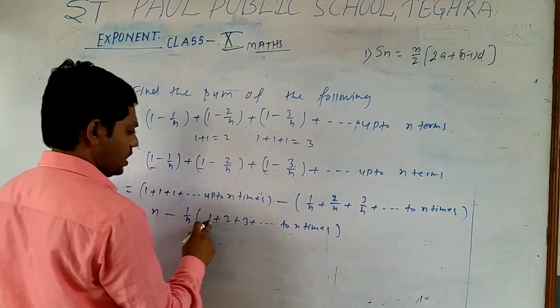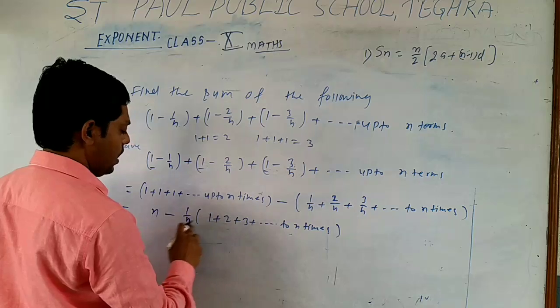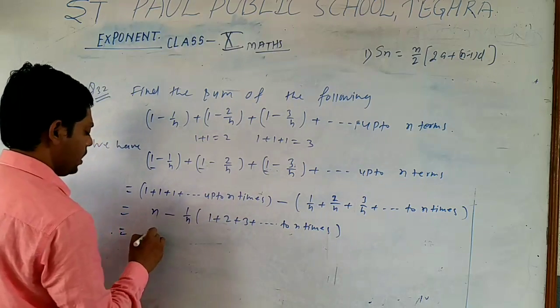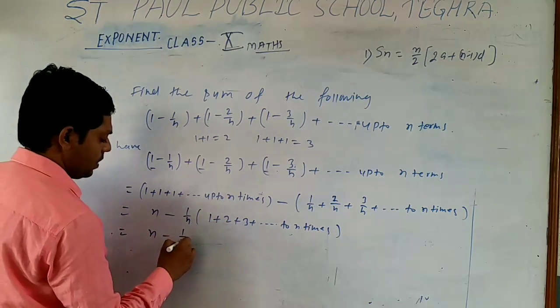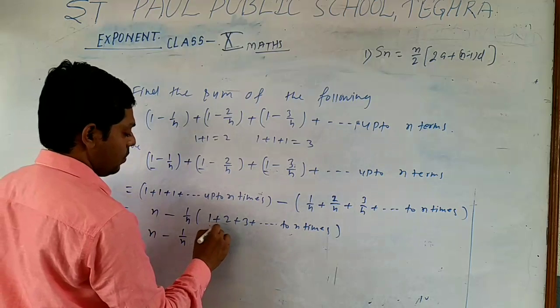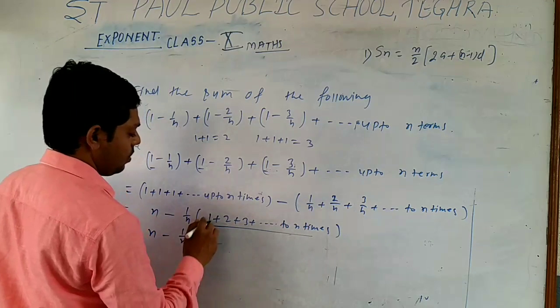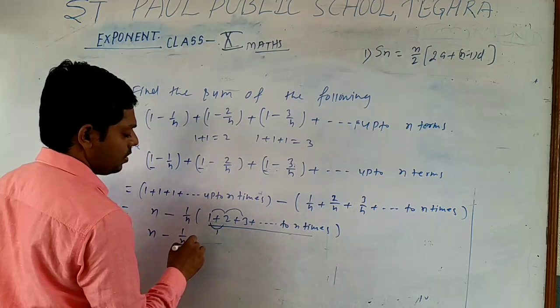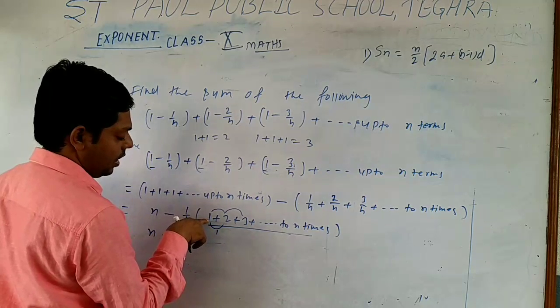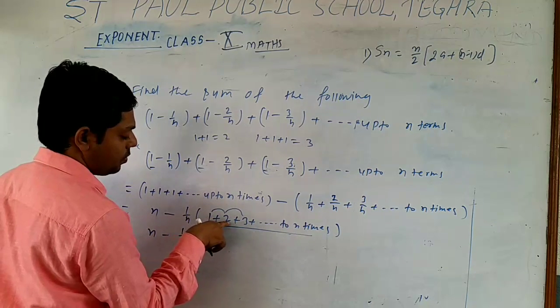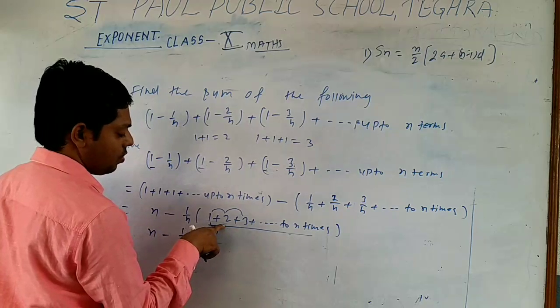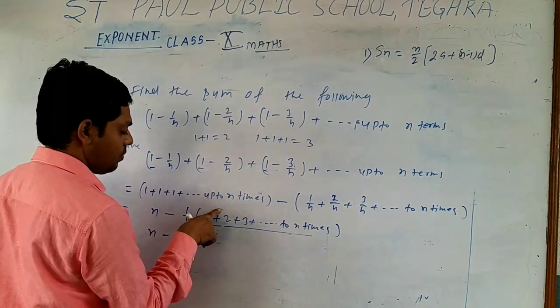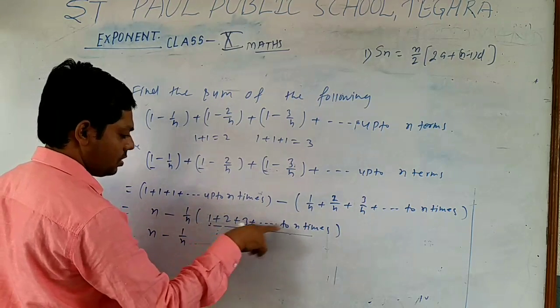By actual multiplication, this becomes 1 by n, 2 by n, 3 by n, so both are similar. Now this is an AP, because the common difference is 1. The first term is a, and the common difference is 1, because if we subtract 1 from 2, this becomes 1. This is the common difference. The consecutive difference of two terms of a progression is always equal, so this is an AP.